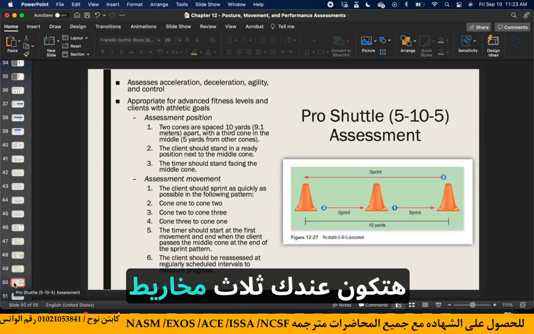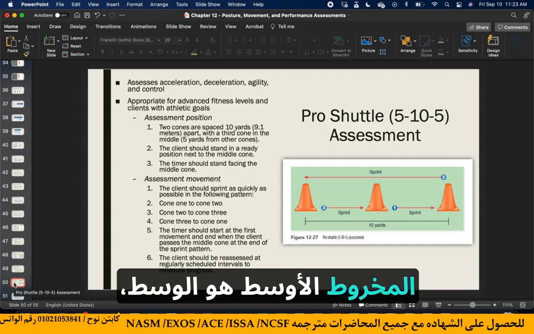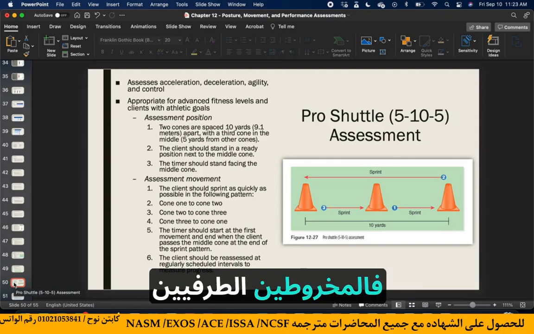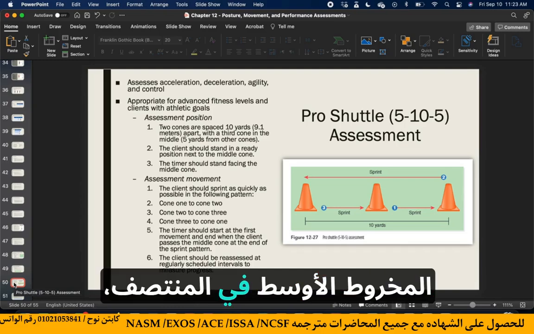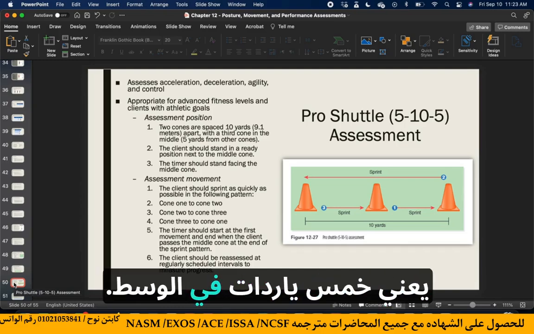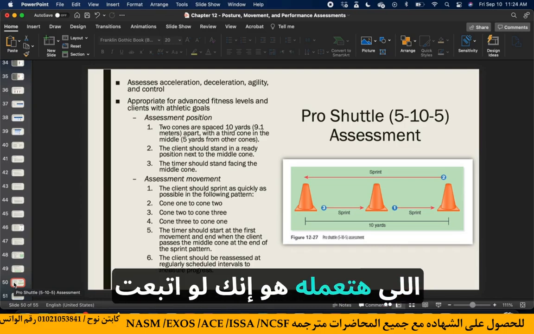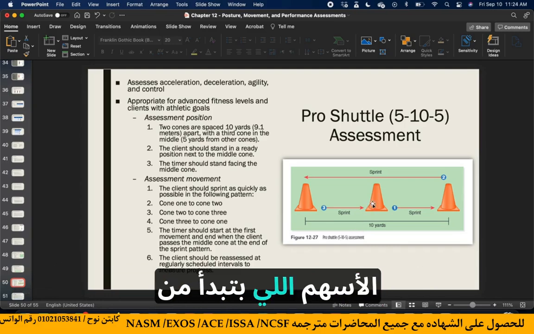You're going to have 3 cones that are set up. The middle cone is the middle. So the 2 end cones are 10 yards apart. The middle cone is halfway, so 5 yards in the middle. And then from there, what you would do, if you follow the arrows, starting in the middle cone, you're